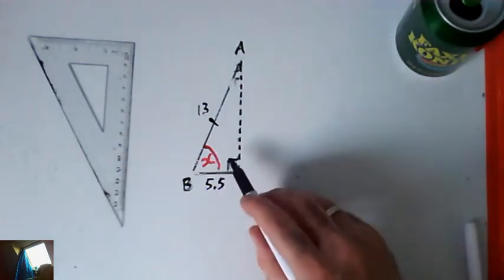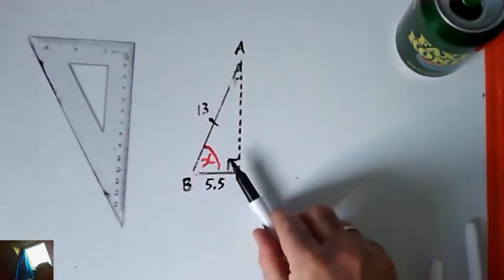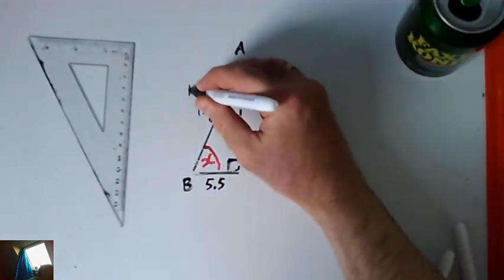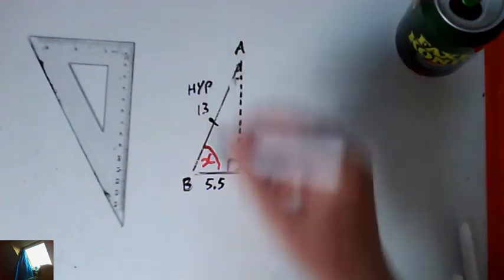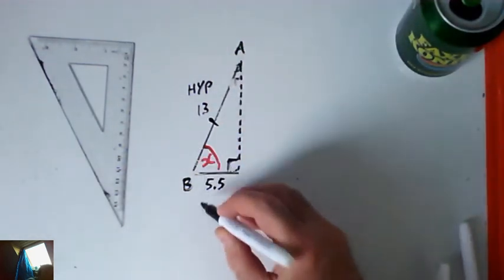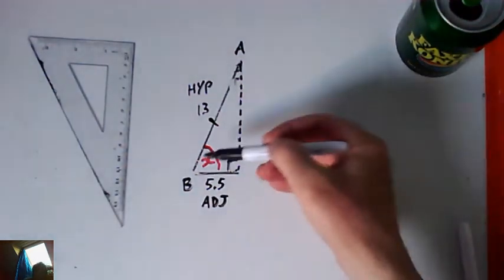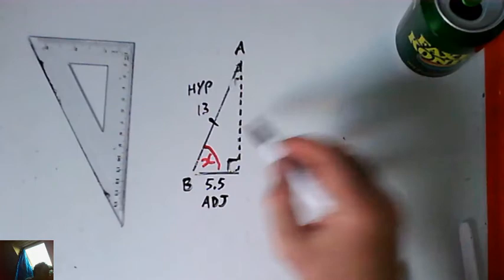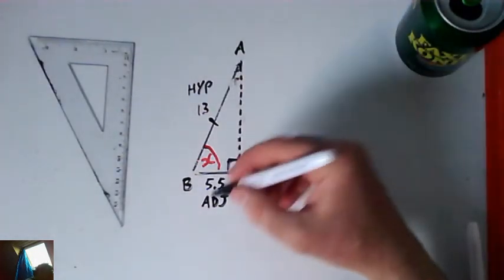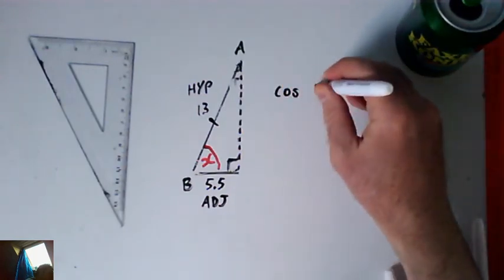the hypotenuse, because it's the longest side, not just because it looks longest, but because it's across from the 90-degree angle. So the 13 is the hypotenuse. The 5.5 is next to the x, but it's not the hypotenuse. That's the adjacent meaning next to, and then we're not going to use the opposite side. So we're looking for the trig ratio that has adjacent and hypotenuse. So that's cos equals